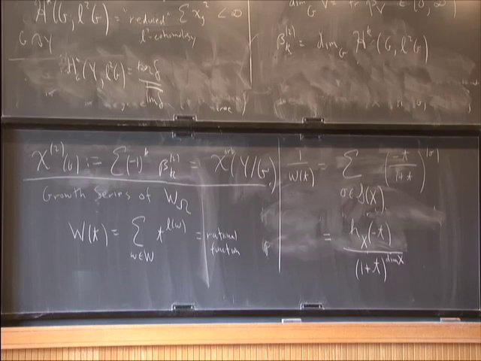For a right-angled Coxeter group, we don't know the answer. When q equals 1, that means right-angled Coxeter group, and we don't know the answer. But in a certain range, for q large enough, we do know the answer. And the range for q is, if q is bigger than